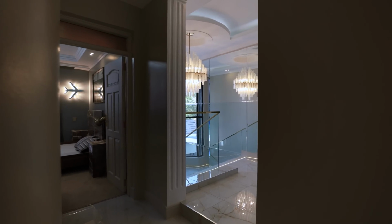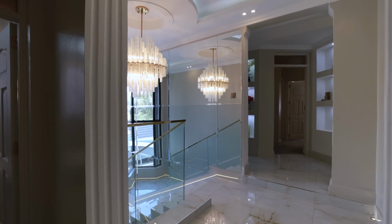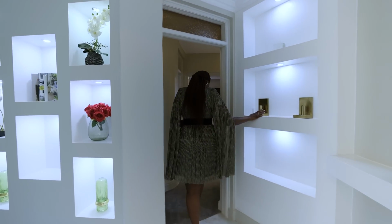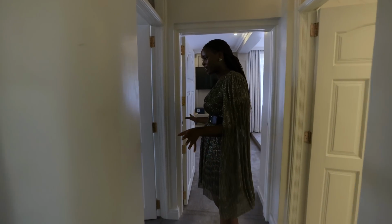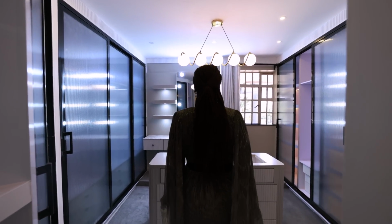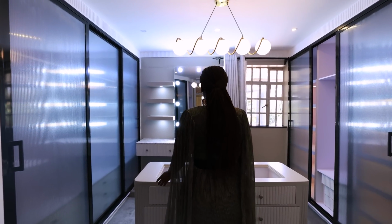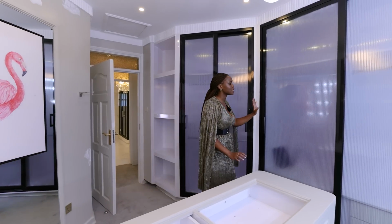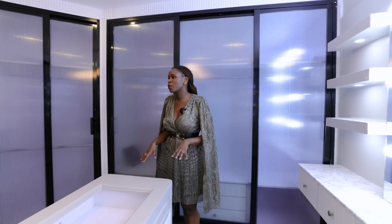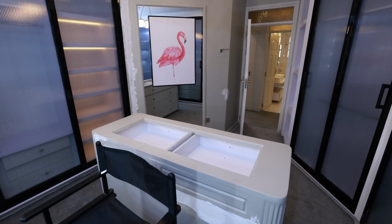We're heading into what I like to call the master bedroom wing, and you can tell by all the decor all over the place, continuation of the gold brass details. So I want to get into this space first. This is the walk-in closet, and this is one of those spaces where the storage is truly going to speak the loudest. We have the sliding glass doors that still retain some privacy because you can't completely see through them. It's all over. I'm seeing a nice big mirror, but of course it's the island that is the showstopper for me